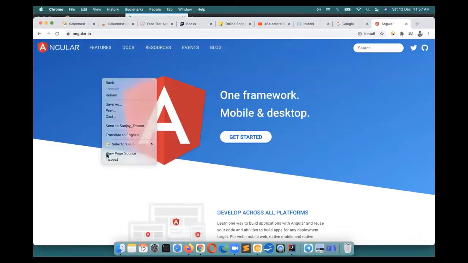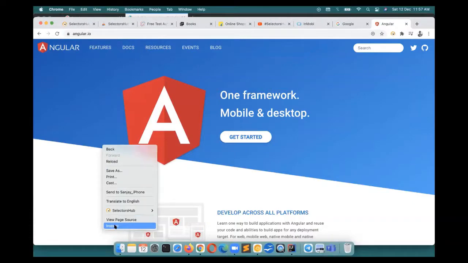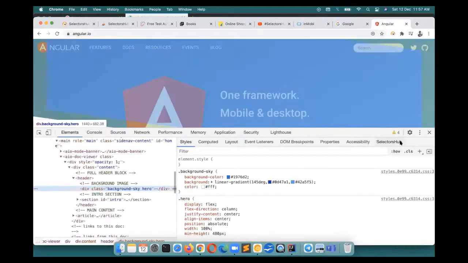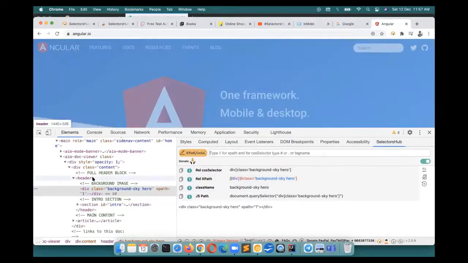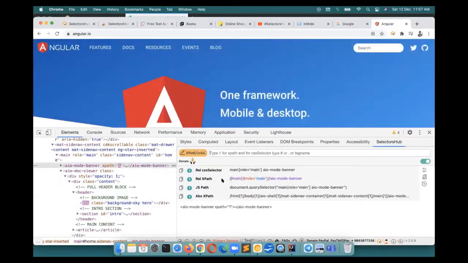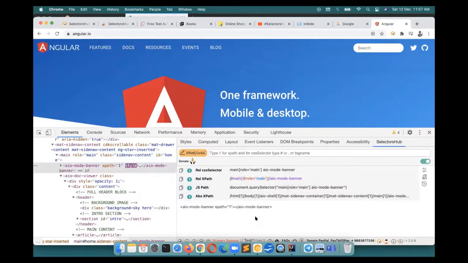If you just open any of these, it doesn't matter what technology your website is developed on. If it has DOM available and you are able to write selectors for your element manually, the selector should support it. If it doesn't support it, feel free to reach out to me, and I'm here to help you guys.